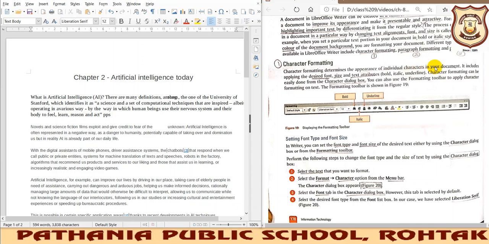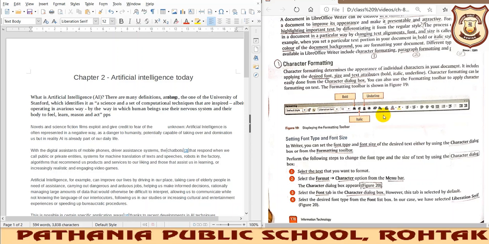So we are talking about one individual character in your document and it includes the font size and the text attributes like bold, italic, and underline. These particular things can be applied to a particular character by opening the Character dialog box. Bold, italics, underline you can see.